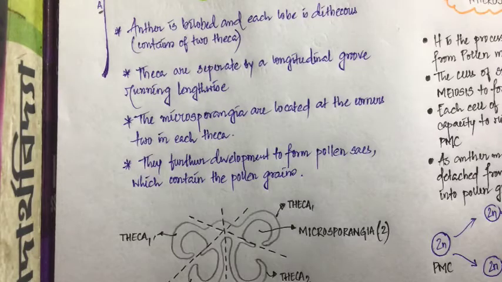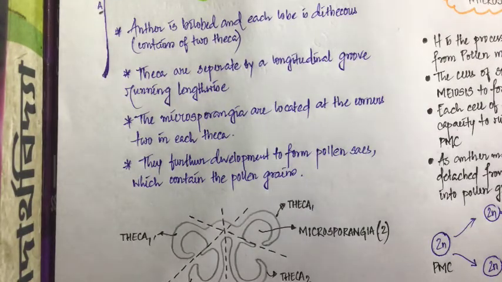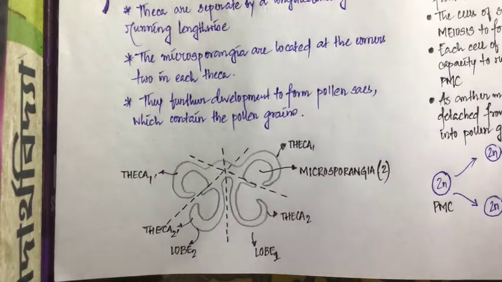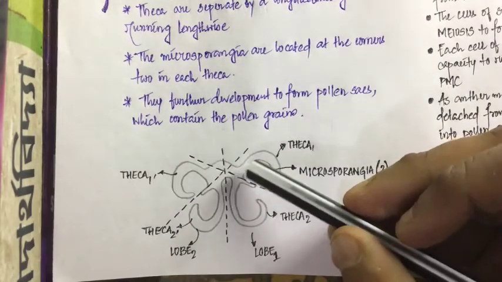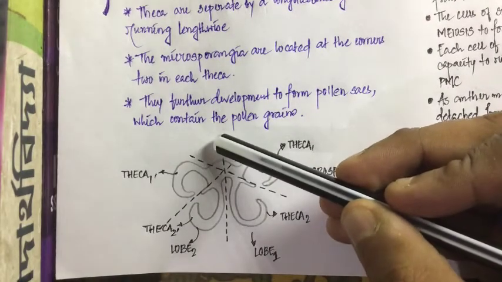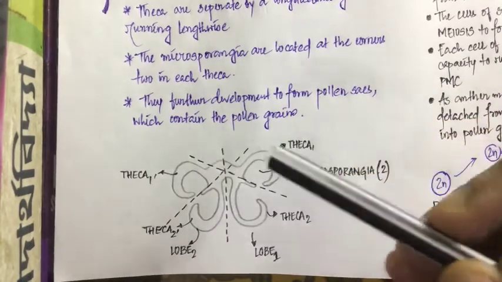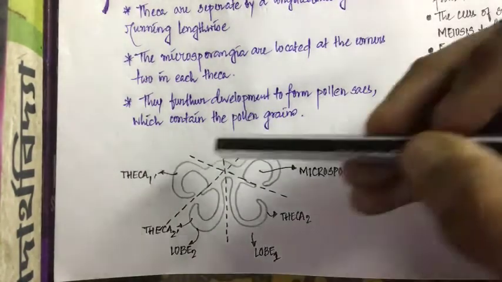We are going to study the structure, or the anatomy and morphology, of the androecium. And which part of the androecium? That is the anther of the androecium. So what is this anther? Anther is basically a bilobed structure. It contains two lobes. If you see this diagram very carefully, you will see that here we have two different lobes. You can see the cross-sectional points I have drawn. These cross-sectional points are very important.